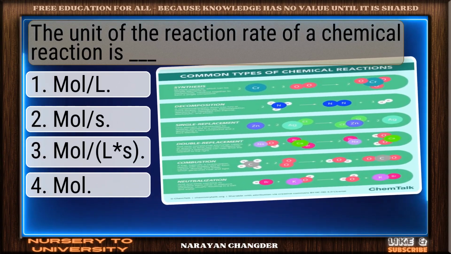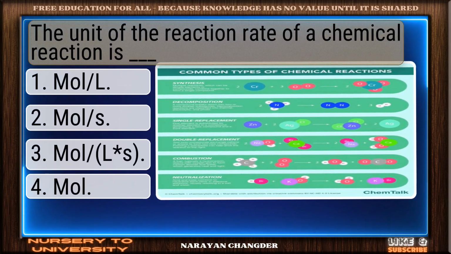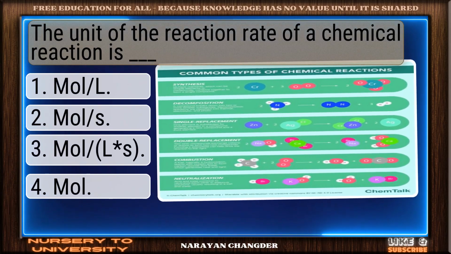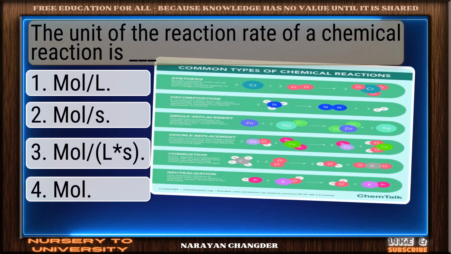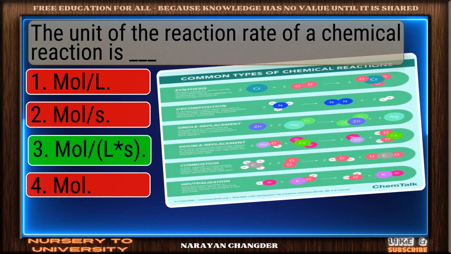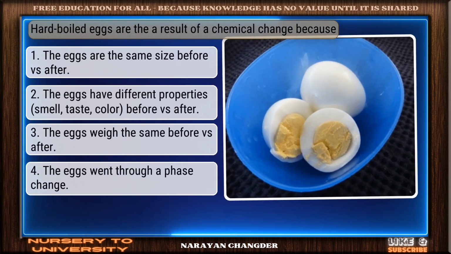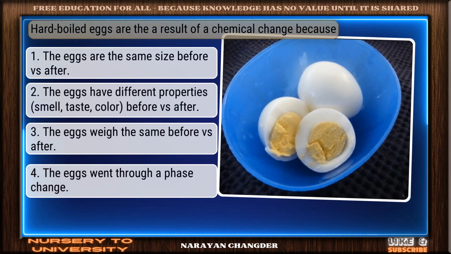The unit of the reaction rate of a chemical reaction is dash. Option 1, mole. Option 2, moles. Option 3, mold. Option 4, mole. Nice, mole. Hard-boiled eggs are the result of a chemical change because Option 1, the eggs are the same size